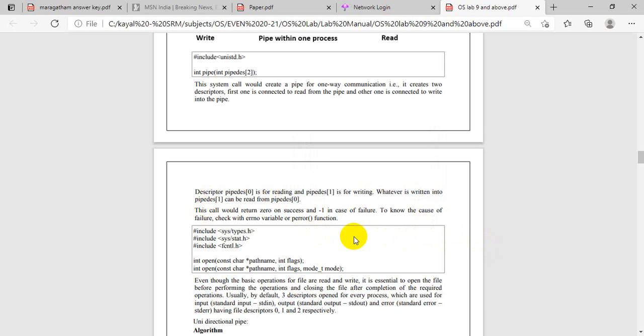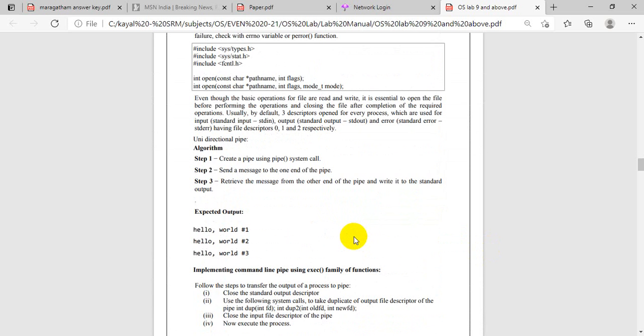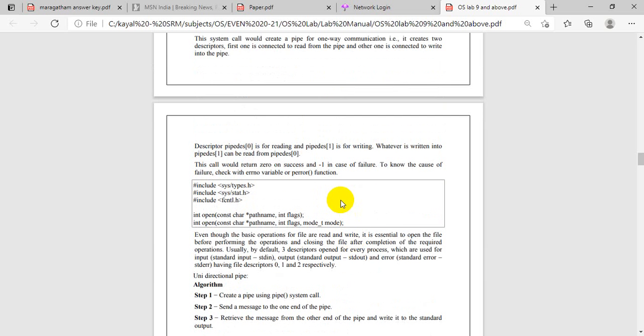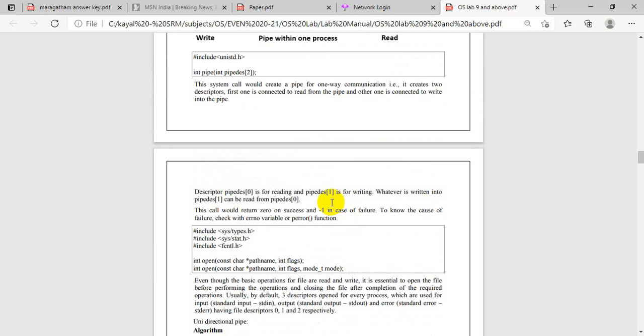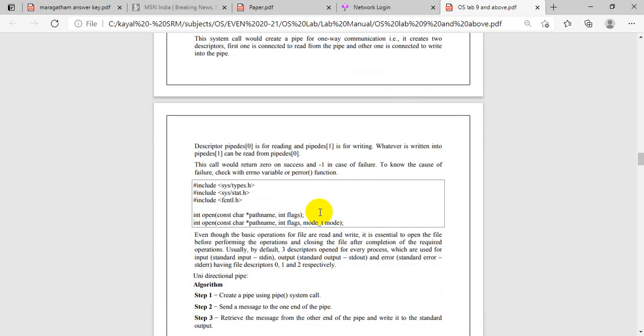Whenever we take a pipe, first, when we move on to the program, you may get a better idea. Just assume that there are two ends for the pipe. One is the read, the other is the write. 1 means it's a write operation, 0 means it's a read operation. Correct? Fine. And if it is not able to execute properly, then it returns -1, which is nothing but the error, a failure for the check condition.